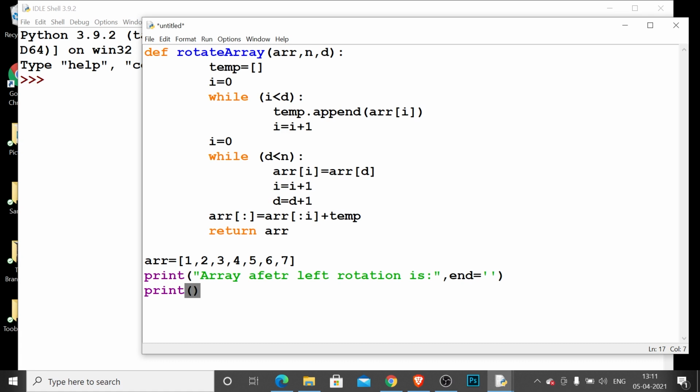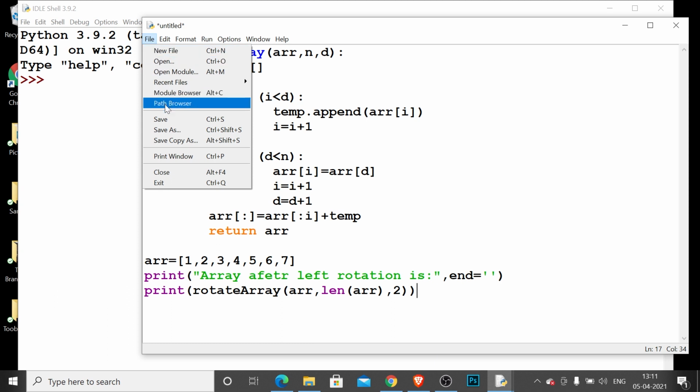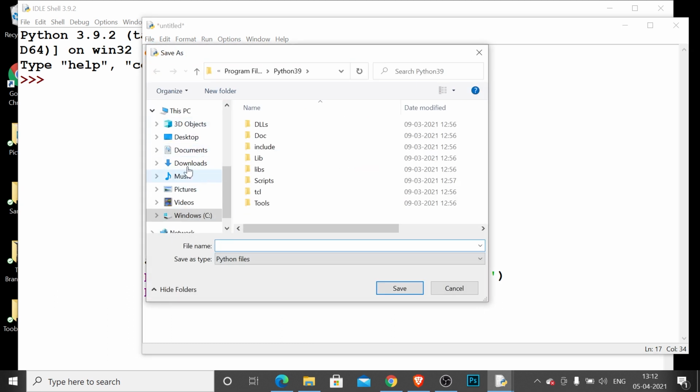Next line, print(rotate_array(r, len(r), 2)). Just save this file, go to File, Save As, then give file name